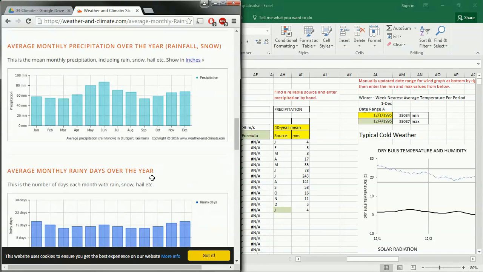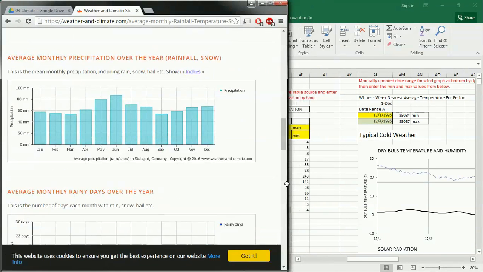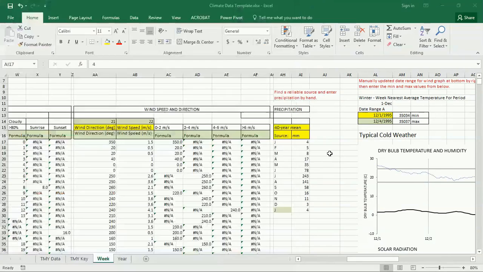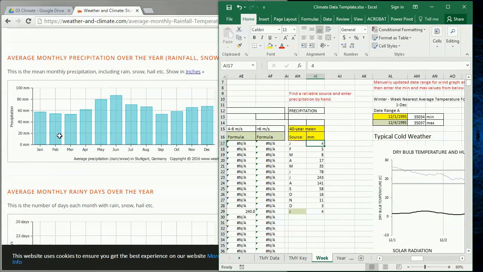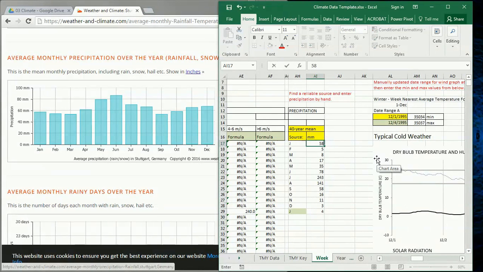It would be nice to have it in numbers, but if I just get a graph, that's okay. So here it is in millimeters. I can transcribe this into here by scrolling over. January is about 58 millimeters, February is about 55 millimeters, March is 50, April is 61, May is 80, June is 85, July